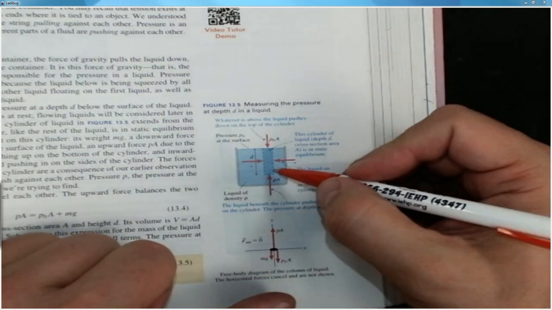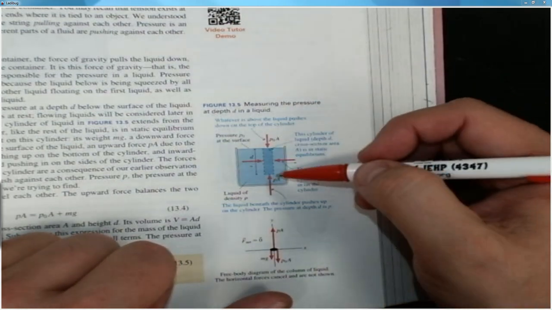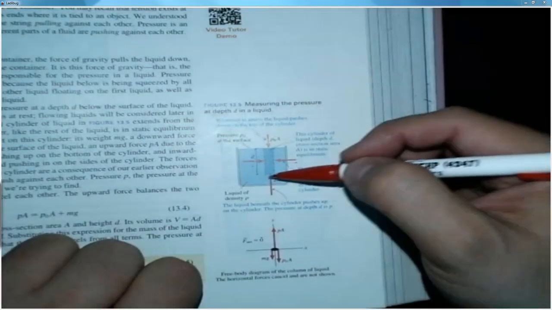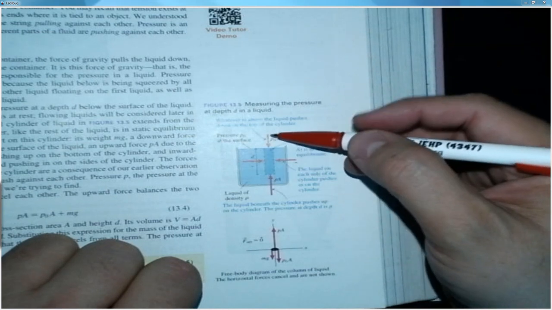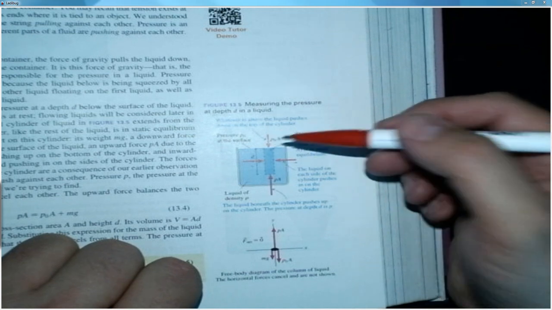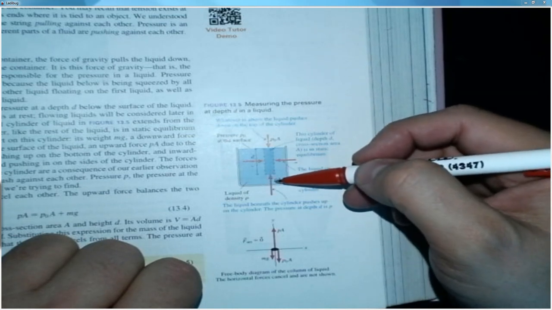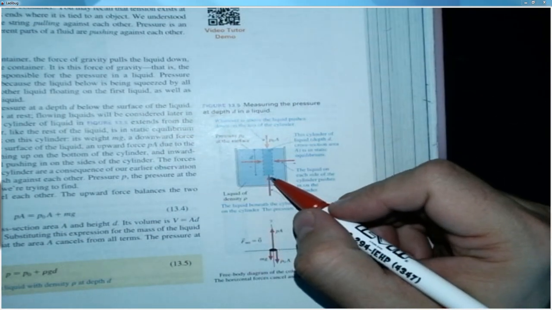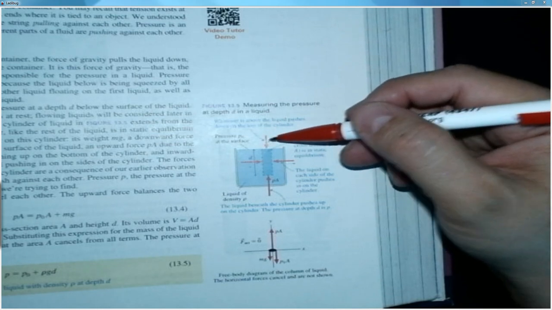So remember I said earlier that everywhere in the liquid is pressing in all directions. So down here, the liquid at the bottom is pressing upwards. But up here, the atmosphere is pressing down with a pressure, I'm sorry, I said that wrong. Down here, the liquid is pressing upwards with the pressure P, not A. Down here, the liquid is pressing upwards with the pressure P. And up at this end of the column, the air is pressing down with the pressure P sub 0